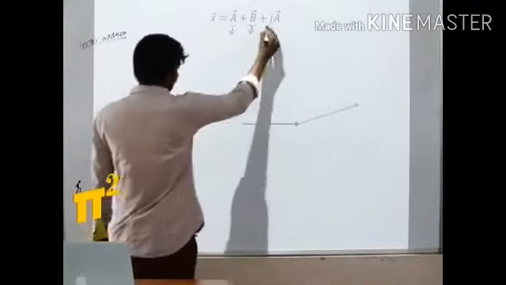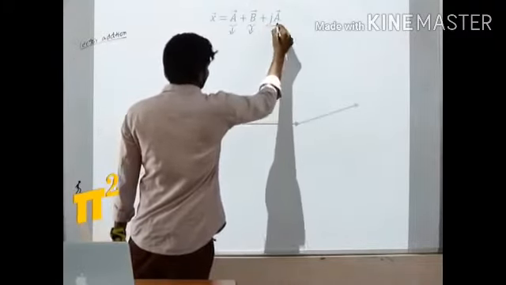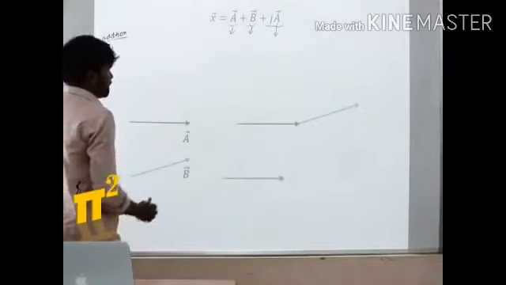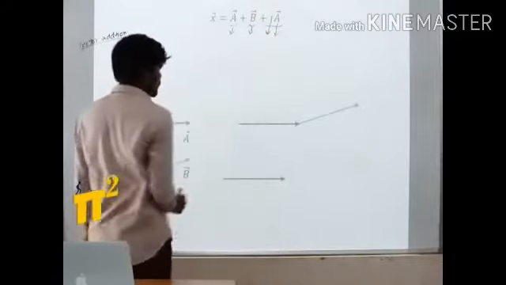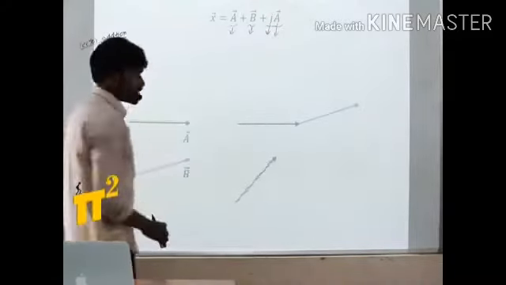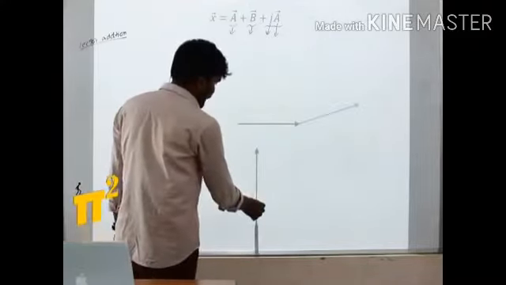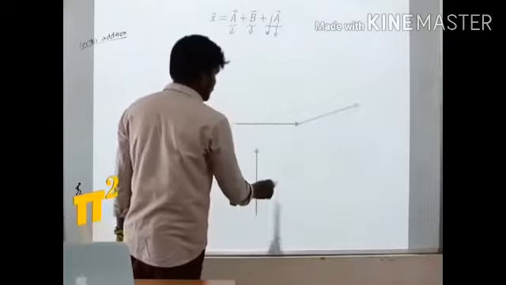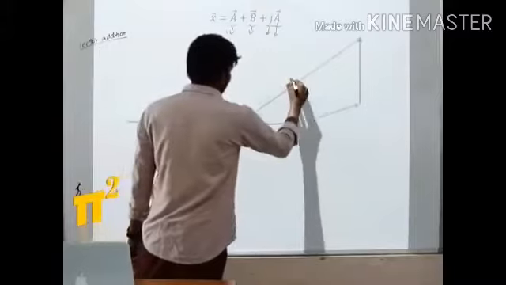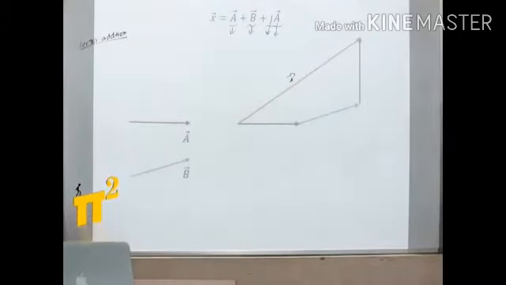Next we have a third term also. First we have a term. So let me take a first. Then let me multiply with j. J means counterclockwise 90 degrees. So let's rotate this counterclockwise 90 degrees. And add it. Addition means tail and head. So let's put it there. And the resultant is x. I hope you're getting the points.